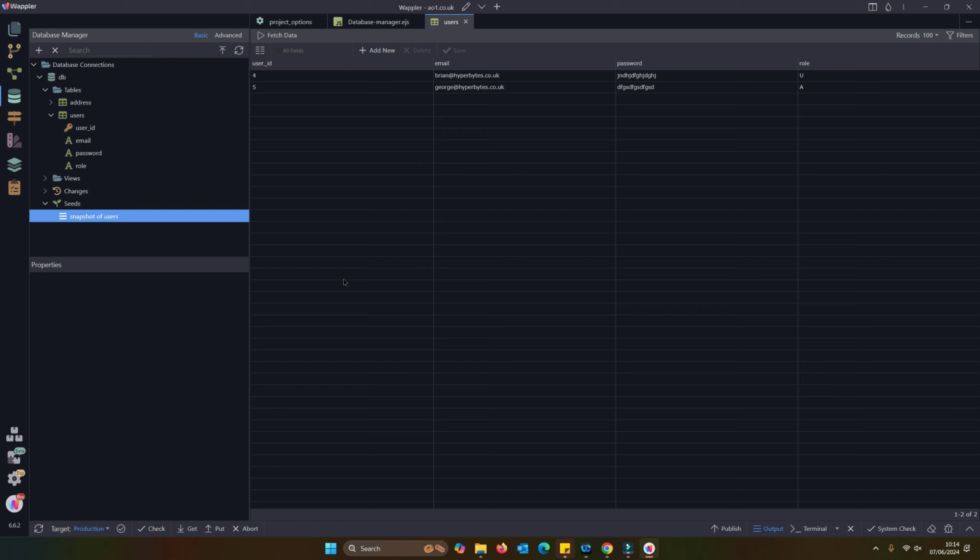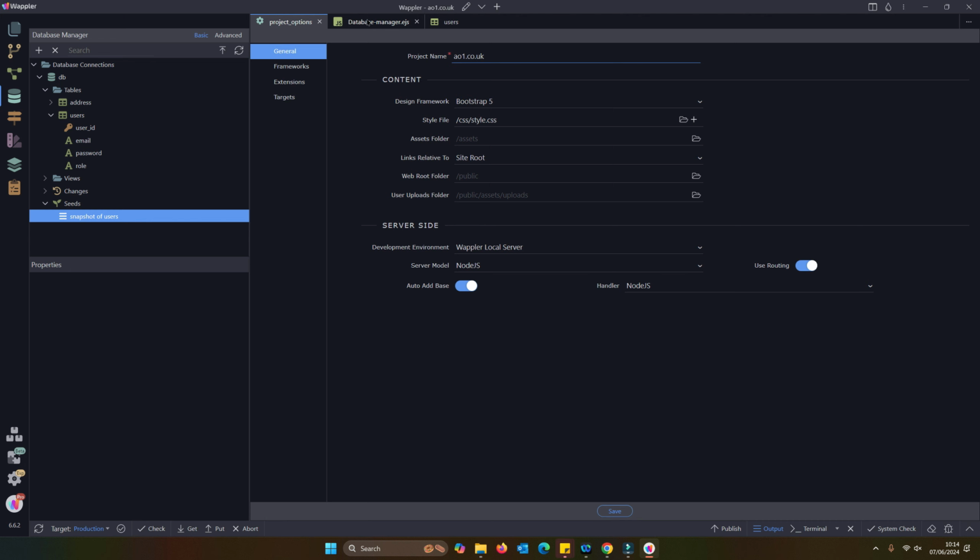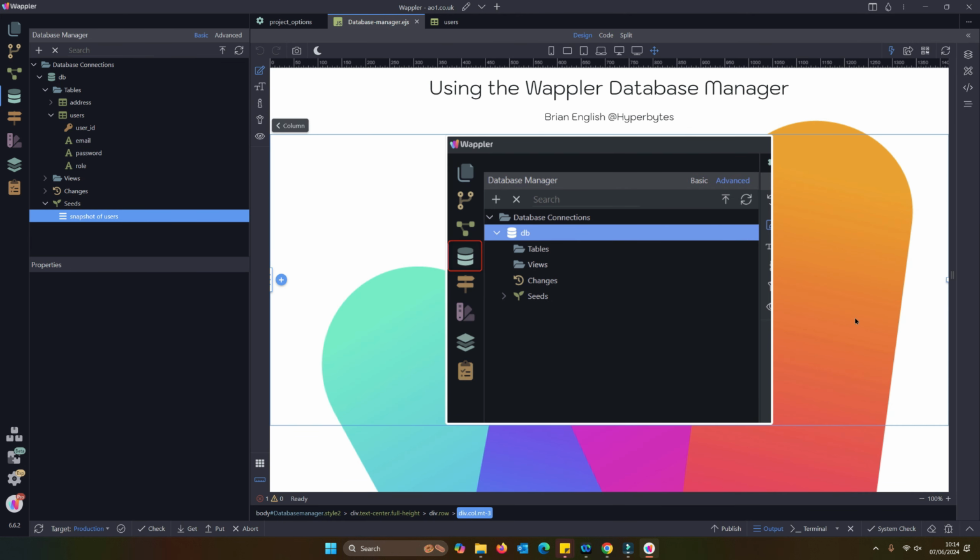So I think at that point I've probably exhausted everything that I can tell you about the database manager. And I thank you for listening to this quite long presentation, but I hope that's clarified for you how to use the database manager, how powerful it is, what great features it's got, and hopefully how to get things back on the rails if things go horribly wrong. So thank you for joining me.